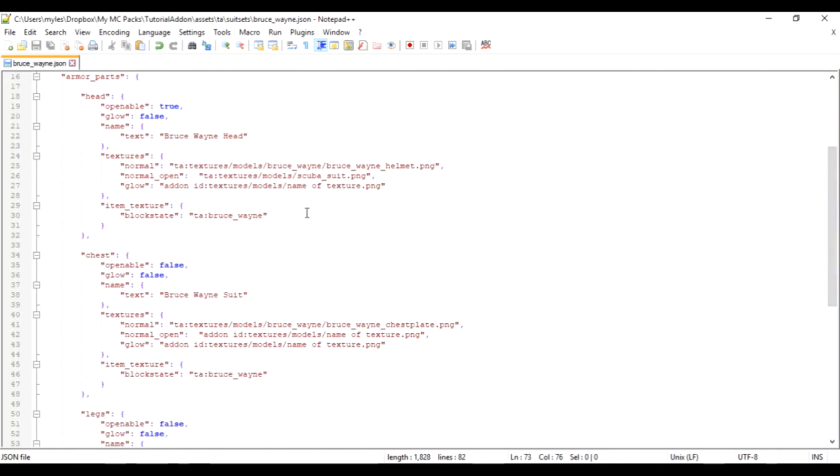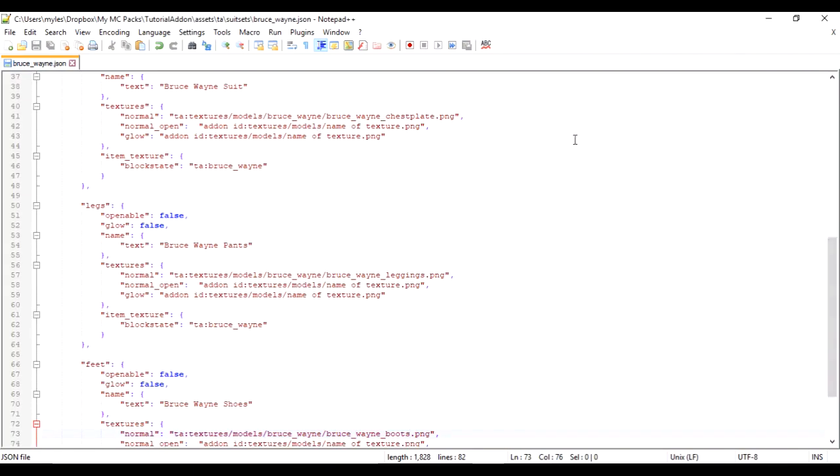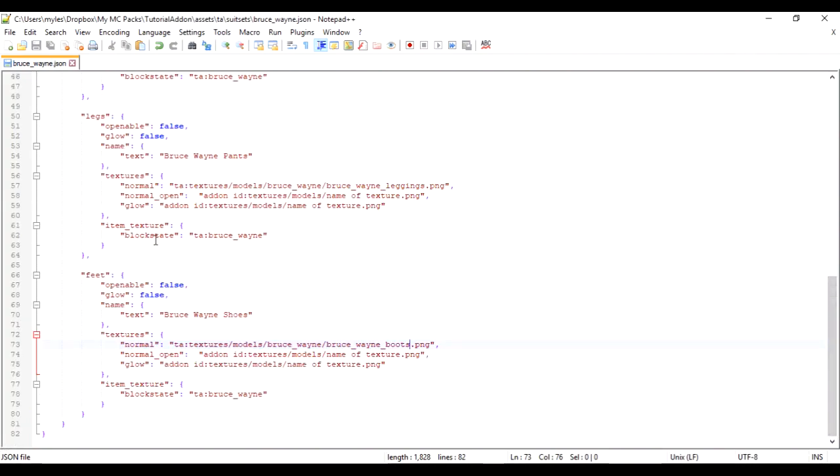We have the block state. Same thing here, except openable with false. Name of texture, block state. False and false on the glowing and openable. So we have the name of the texture and the block state. Then we have the same thing for the feet. We save, close out of this,